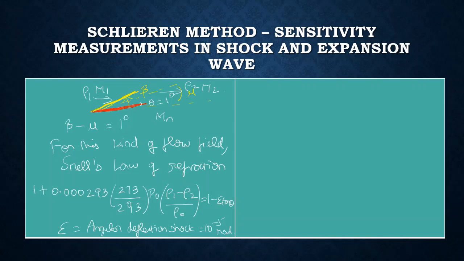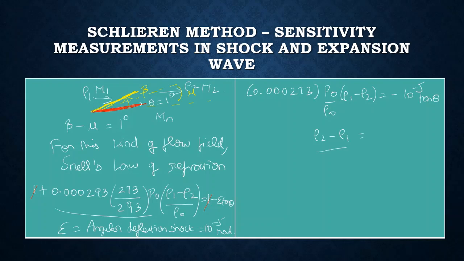When you substitute all these values in this Gladstone-Dale equation, the 1 on the left hand side and right hand side gets cancelled, and after simplifying this constant term, we get 0.000273 P naught by rho naught, rho 1 minus rho 2 is equal to minus half, 10 power minus 5 tan theta. And after simplifying this, we get rho 2 minus rho 1,